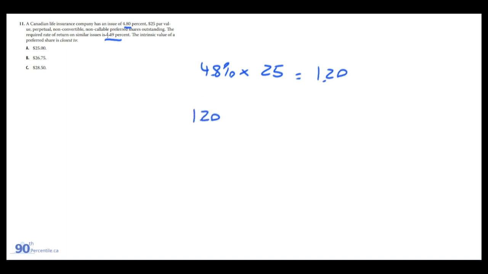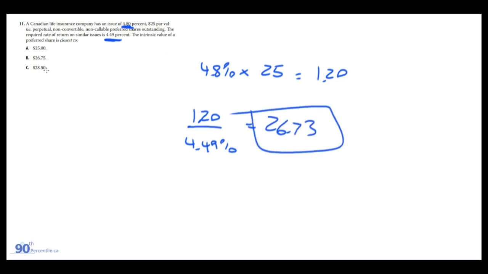It doesn't say if it's annual or whatever, but you're just going to have to assume it's annual because we have the required rate of return of 4.49%. This dividend is 4.8%. There's no mention of weekly, quarterly, compound, anything like that. So just assume it's annual. So we got 1.20 over 4.49%. It's the required rate of return. And we get 26.73. So that's the market value of the share, which is close enough to